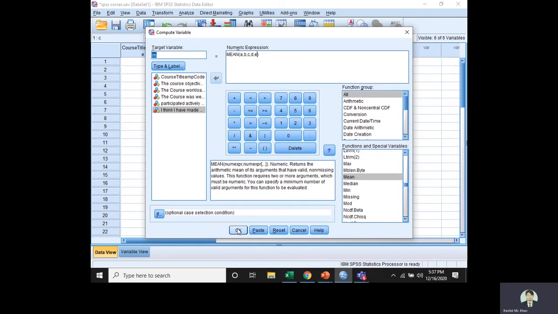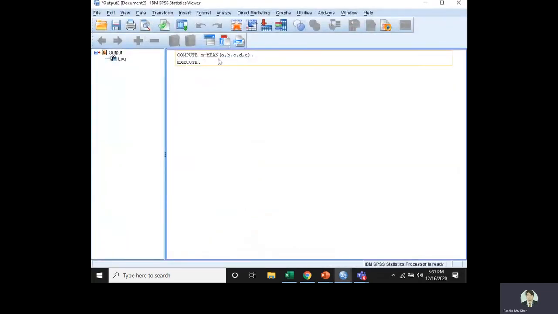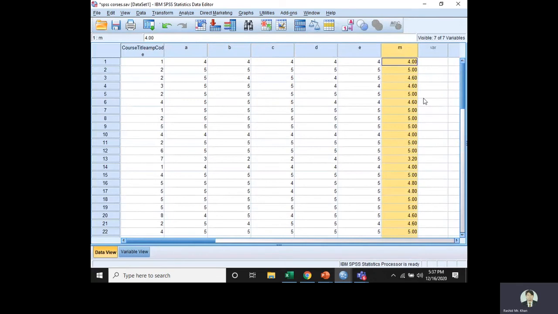Now just click OK. So now compute executes, and m is a new variable which is the index of all these 5 variables. So I minimize it. Now here, locate my new variable, it is created. And now, because we use these for our research purposes, what I need is